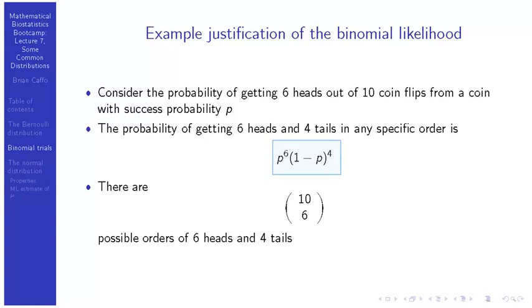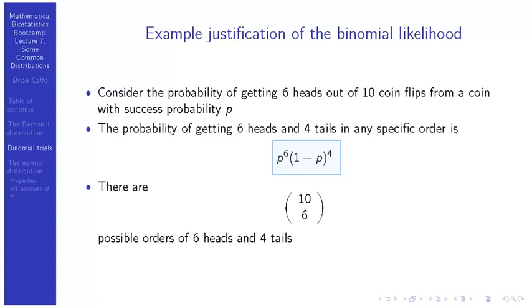And as we know, because of the fact that it's only the total number of heads that's sufficient, if it wasn't just the first four coin flips that were tails, if it was the last four coin flips that were tails, and the first six were heads, then we would get the same number. We'd get p to the sixth, 1 minus p to the fourth. And if we had the four tails sprinkled in any configuration of the six heads, then you will still get the same answer, p to the sixth, 1 minus p to the fourth. The result is that for any collection of instances where you get six heads and four tails, no matter what the order is, the probability is going to be p to the sixth.